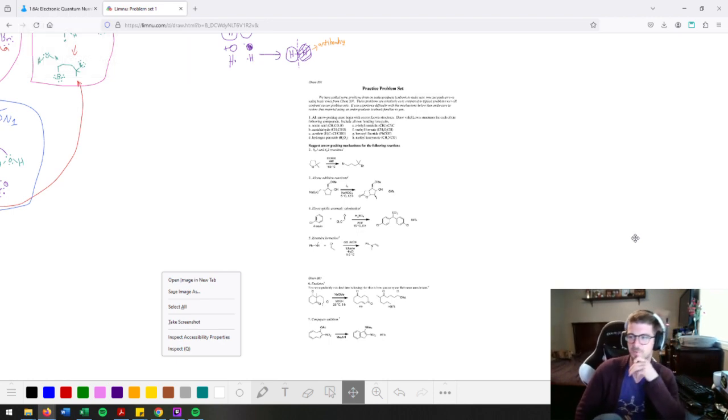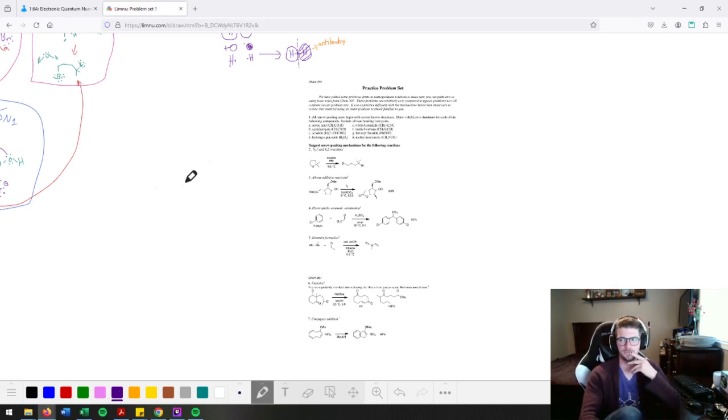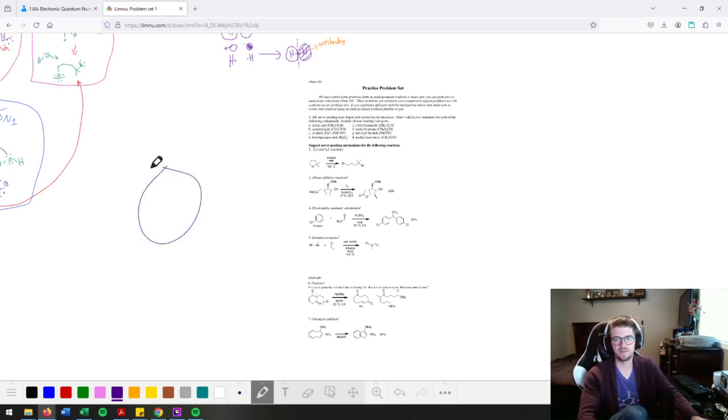Anyways, so we went over some of the different historical models, like the plum pudding model, which I think was from Thomson, which was basically saying atoms are this solid mass with positive and negative charges throughout. They're just this lump of stuff that has charge distributed throughout it, and that wasn't a super good way